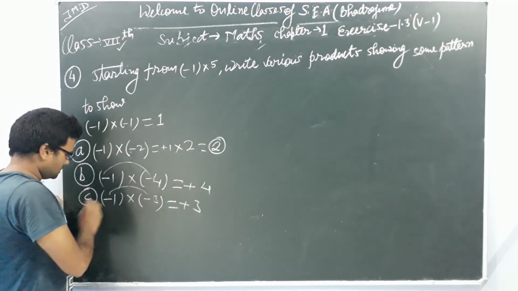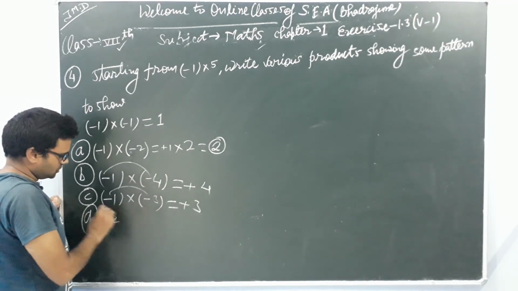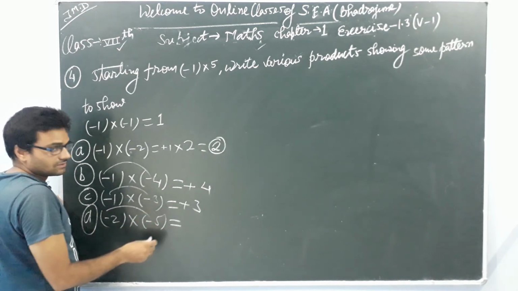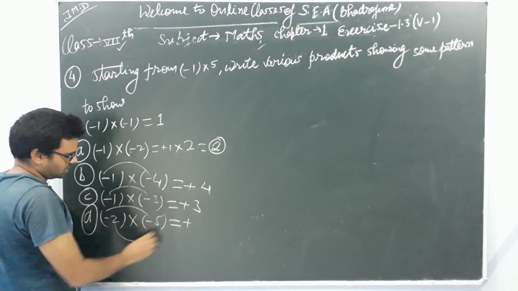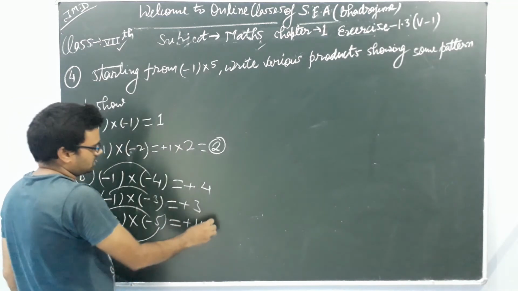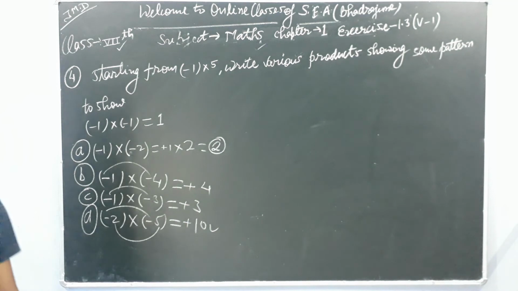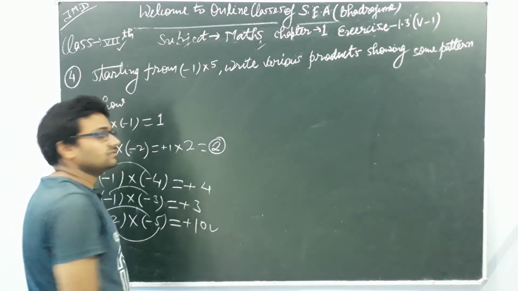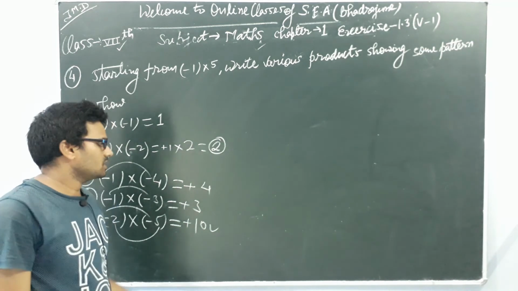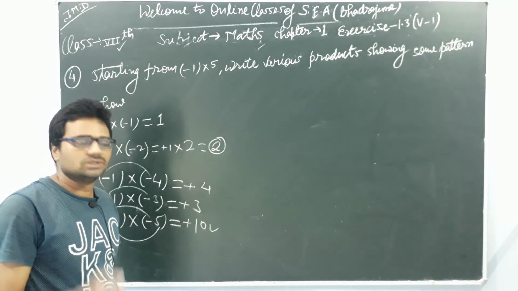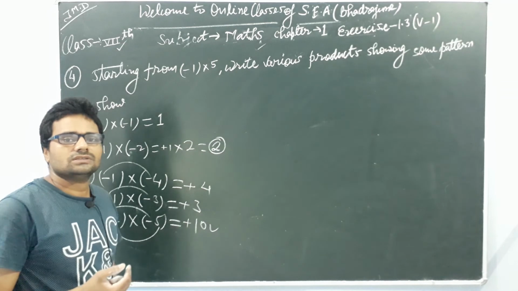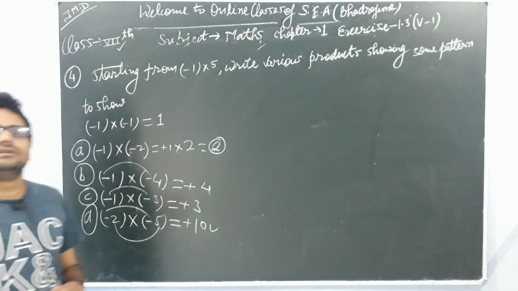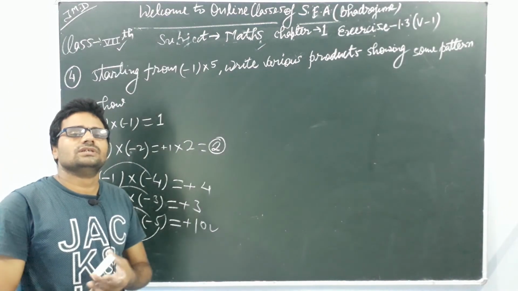In our part D we are taking minus 2 and getting multiplied with minus 5. So minus gets multiplied with minus, this is a plus, and 5 gets multiplied with 2, 5 twos are 10, this is 10. I hope these examples are sufficient, and if you want to take some more examples, that can also be done, and the answers given in your answer sheet can vary from these answers. No problem, examples can be taken enormously many.